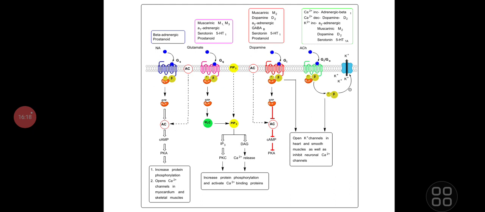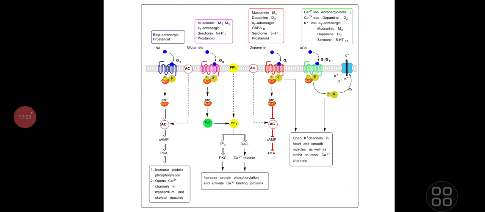And the second one is Gq. It means its coupling protein is Gq. So here when a ligand binds with the ligand binding site, it changes its conformational structure, which leads to the activation of the alpha subunit, and this alpha subunit along with GTP detaches itself from the beta gamma subunit and activates phospholipase C, PLC, and this activated PLC splits or breaks down PIP2, phosphatidylinositol bisphosphate, into two units,